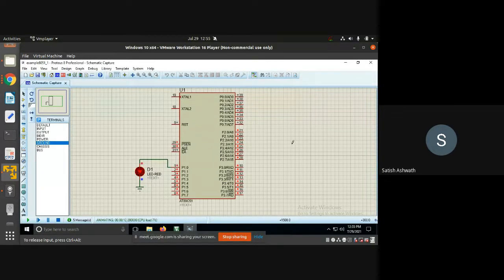Right? So like that, depending on your requirement, you can connect any other hardware you require here. There's an LCD available. There are motor connections available. A lot of hardware is available in Proteus. So you can select based on the requirement and make the connections. Write the program in Keil, create the hex file, load it into Proteus and execute it. And you can see the actual hardware output on this screen. Okay, is that okay? Does anybody have any confusion in the steps that you have to do?